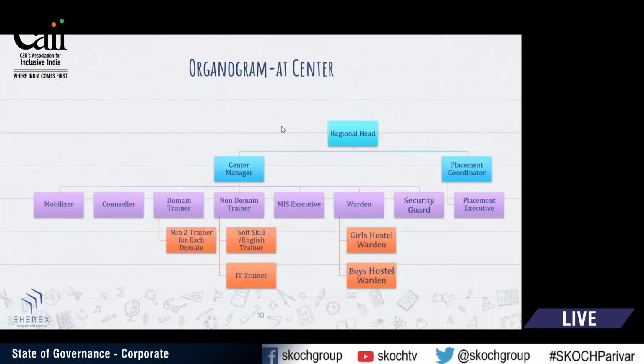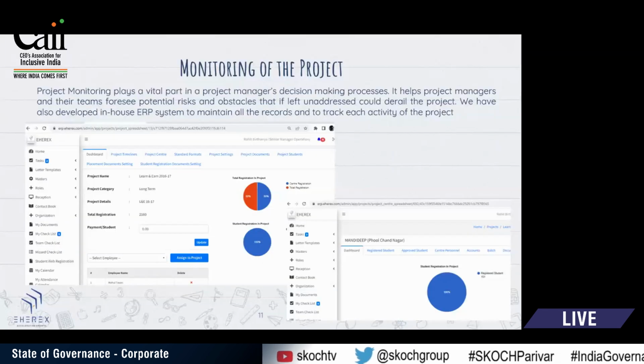This is the team we have which works for the whole skill development project. And we have built our in-house software to control and monitor the project. This is just a snapshot you can see. Here you can see the project name, Learn and Earn 1617, what target we got,